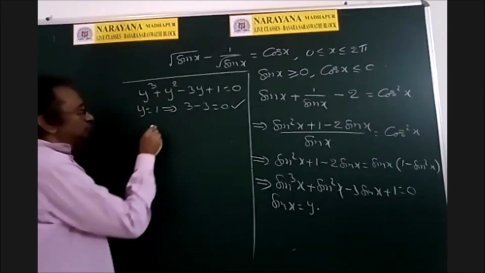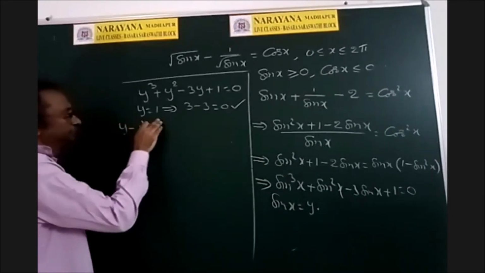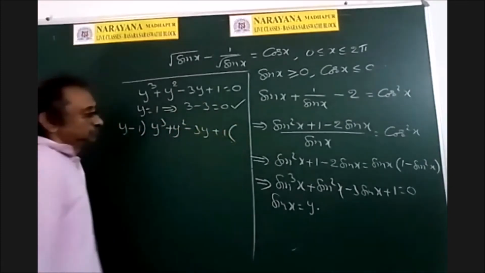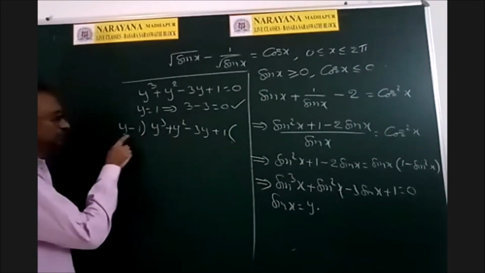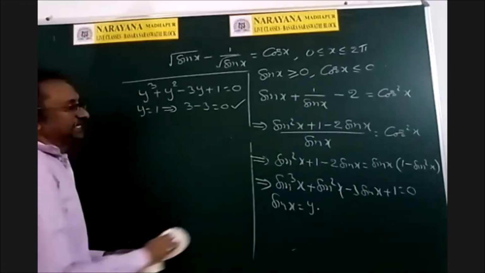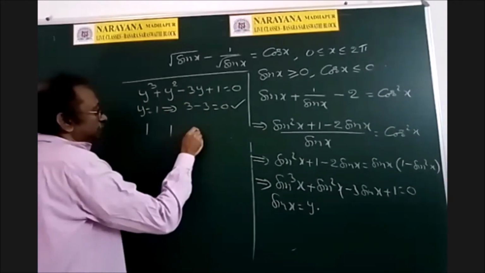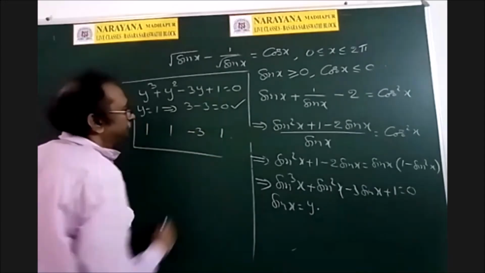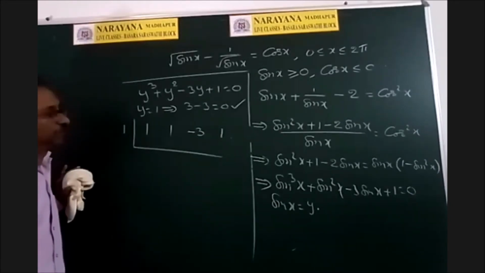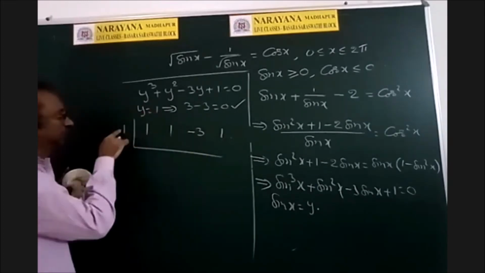And now to get the other roots, use synthetic division. What is meant by synthetic division? One procedure you already know, from your earlier classes, where you have done it like this. Now dividing this by y minus 1, you will get a quotient. But there is a shortcut that is called synthetic division. So how to get that? First write the y cube coefficient, y square coefficient, y coefficient, and the constant. And y is equal to 1, so write that root here. So this is the procedure, remember. First of all, write all the coefficients successively. After that, write the root here.